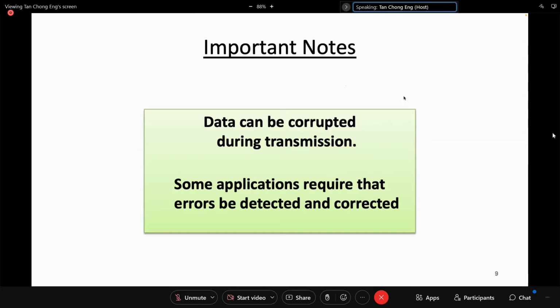Of course, if you're using copper cable, it is still considered very low, but not as low as fiber optics. Because if you are using UTP, you are still using electrical signals to send your data, and all electrical signals are subject to electrical interference, which is very common in our living environment. For example, you turn on your microwave oven, you turn your speaker very loud. Those are distortions that can cause errors in data transmission. But fiber optics, because they do not use electrical signals, because they are using light, is less